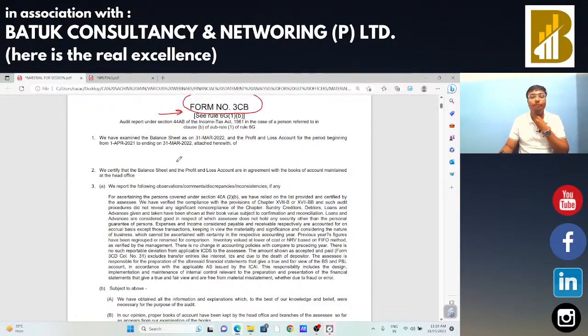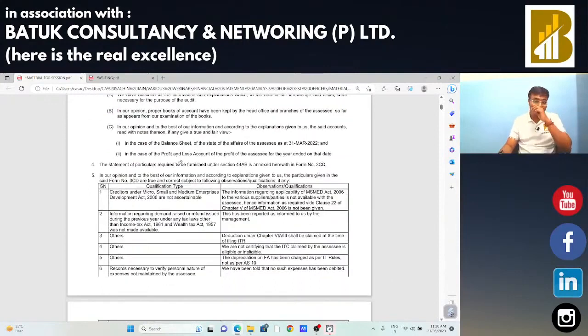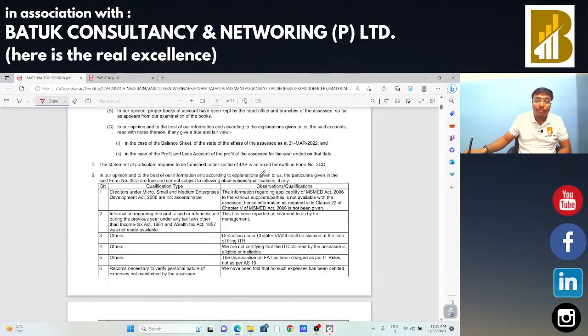Now सर फॉर्म 3CB 3CD का एनालिसिस भी कर लेते हैं. Then after we are going to check the financial statement practically, that what are the things which are available in that particular financial statement. I'm not going to do the clause by clause analysis of that 3CB 3CD form, but I am going to discuss the very significant points of that 3CB 3CD. Okay, related to GST audit, what are the points on which we need to put more emphasis and more analysis. Now sir, first of all, there are certain observation and qualification parts,